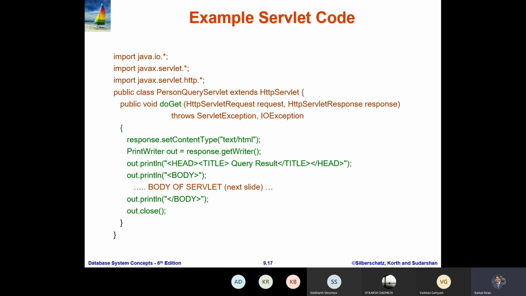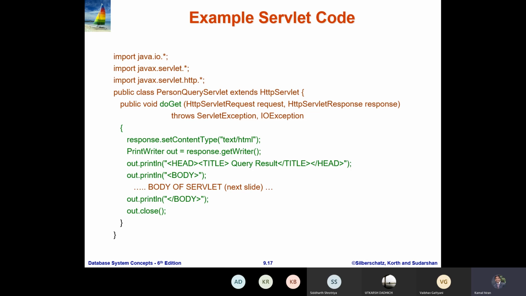Any kind of exception that comes during this program, the program can handle it easily, any kind of IO, meaning input and output, exceptions. Now we start the main code. The response then dot setContentType. Here we have mentioned some tags in HTML.